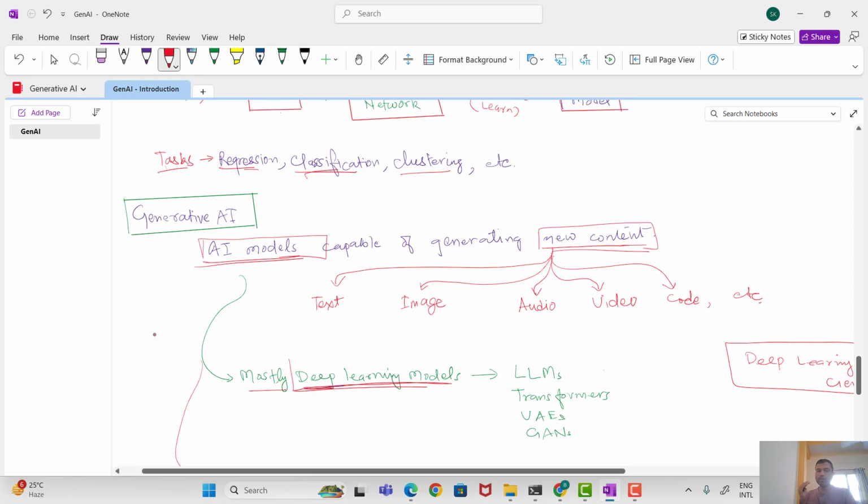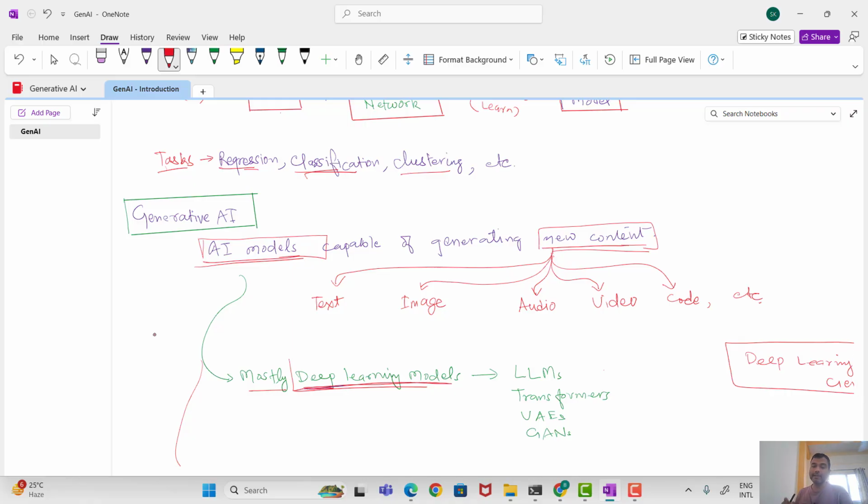But now, what is the difference with generative AI? These Gen AI models can generate new things, like we humans can write a whole essay. So this generative AI can generate things. I suggest you go and check out ChatGPT and different generative AI models and applications, and you can find what the different generative AI applications are, and how to generate text, images, and different audio and video things.